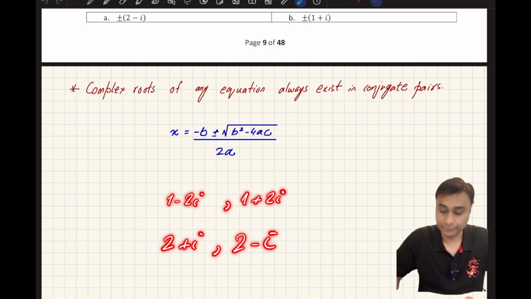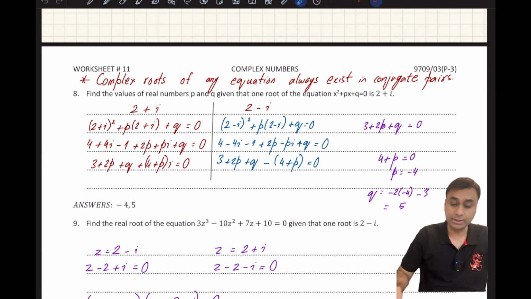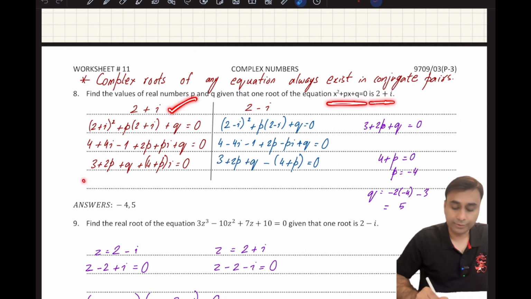Now, how can you use that in solving questions? For instance, I've been told that a root of the equation is 2 plus iota. So if one root is 2 plus iota, I must know that the other root must be 2 minus iota. And if this is the equation, then the roots must satisfy the equation. Here, obviously, it's a redundant or extra piece of information, but you can put in 2 plus iota, and once you get the final form, you can equate the real part and imaginary part to 0 to get the values